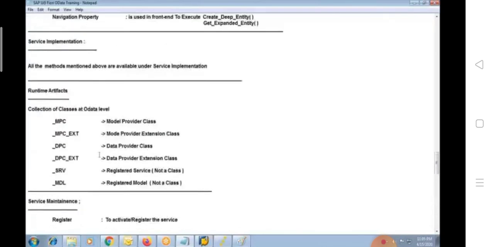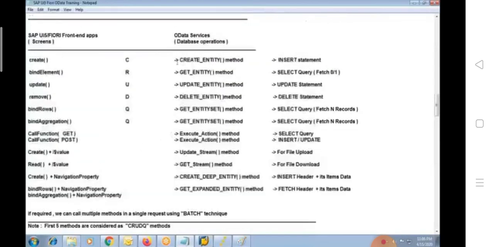Here you can see, let me go back to this. For example, if you're calling bind rows, or for example the create method. From the front end we are calling the create method, but at OData level it is executing create entity, and if this method is successfully executed, we can send some success message. If this method fails to execute the operation, then we can send a failure message to the front end.